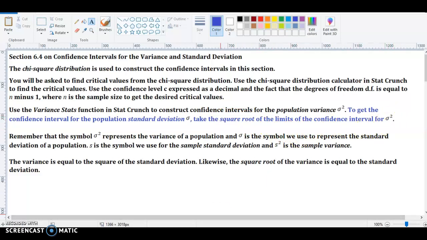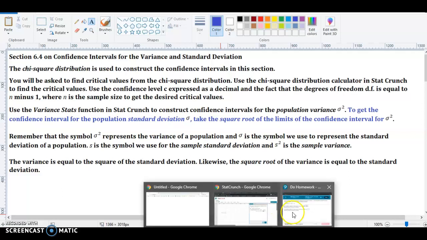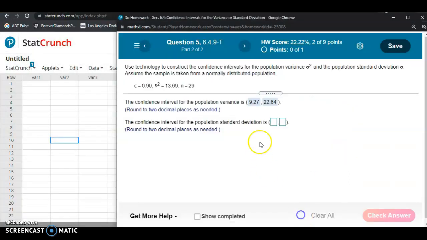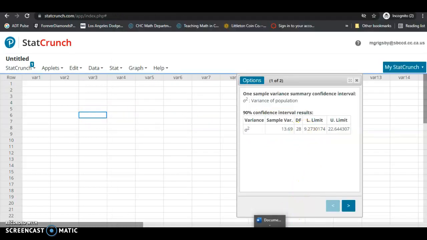So what we want to do is square root these values, rather than the answers we put in for our answers. Because we rounded these, we don't want to square root them, because it might introduce some error in our answers, which could be incorrect. So to get the confidence interval for the standard deviation of our population, we're going to square root on our calculators